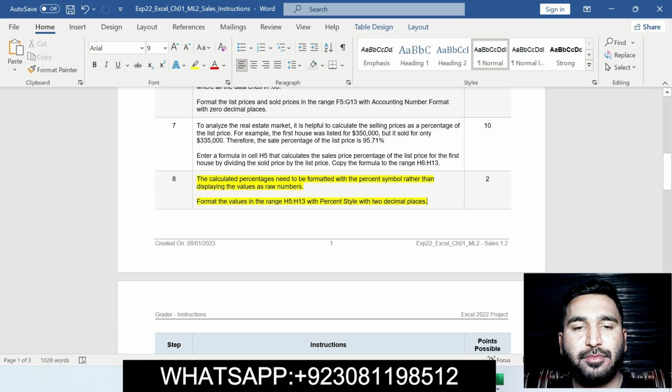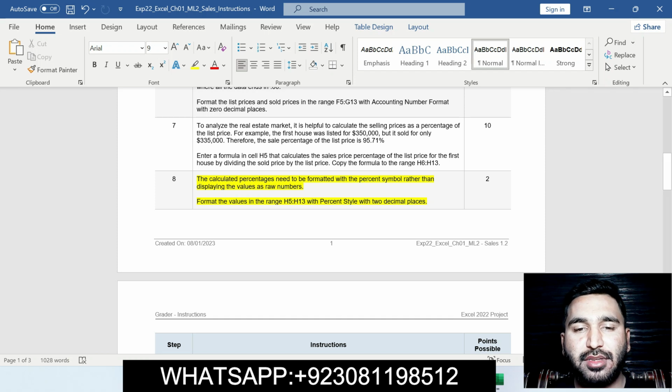The calculated percentage needs to be formatted with the percent symbol rather than displaying the value as a raw number. Format the values in the range H5 to H13 with percent style with 2 decimal places. Basically, in this question we will apply percent style on this range.